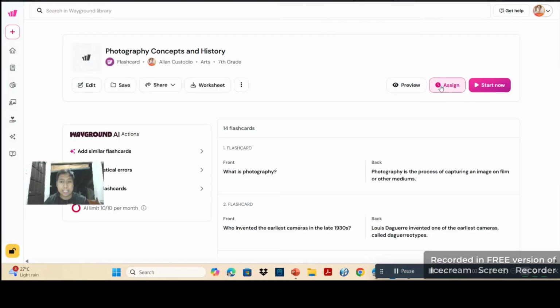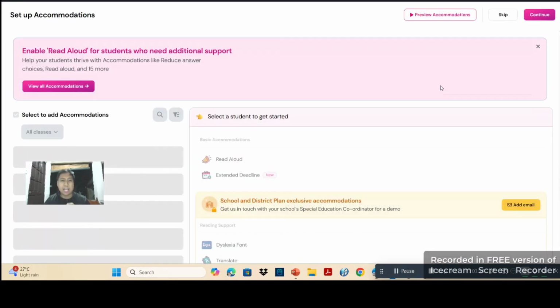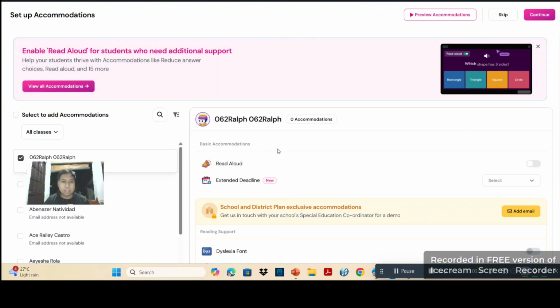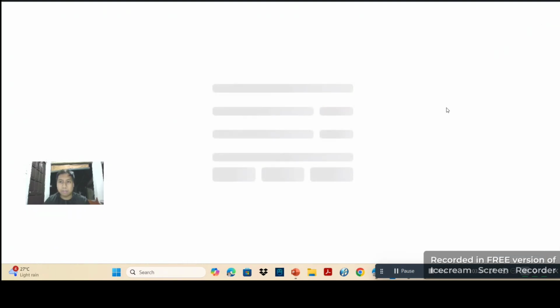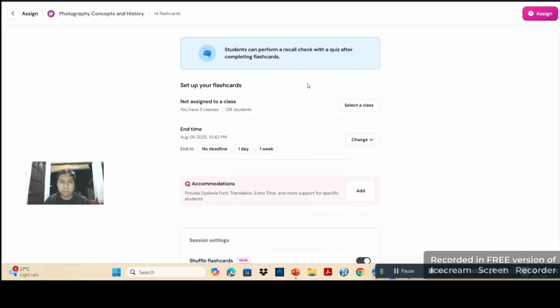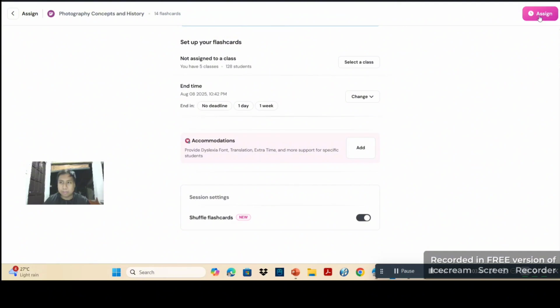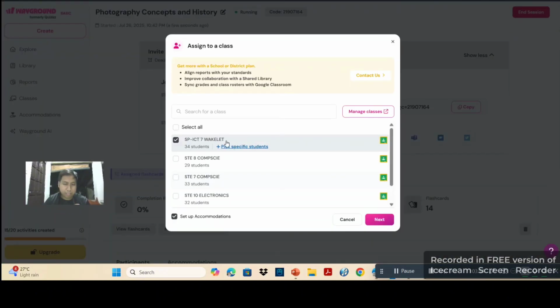We can assign it to our Google Classroom as well. So we can click this one, continue, and we can assign to our classroom, like this.